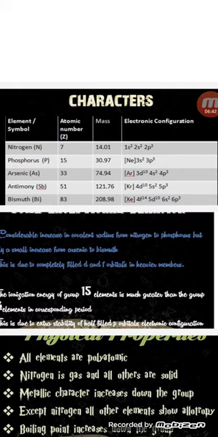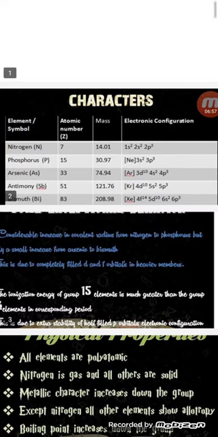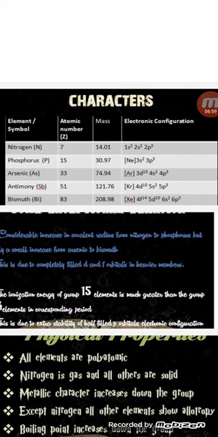As a result, the covalent radius increases from nitrogen to phosphorus, and the same increase is there, but the extent of increase will be much lesser in case of arsenic to bismuth. The reason given here is due to completely filled d orbital and f orbital in heavier members, and f orbital has poor screening effect.